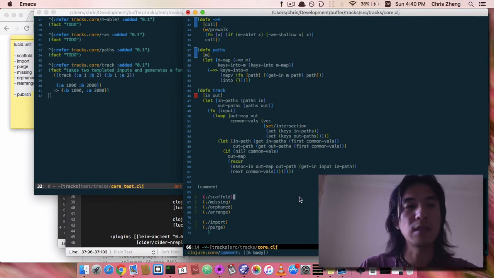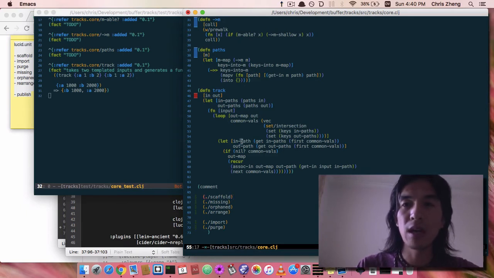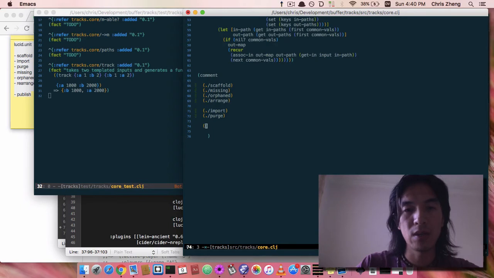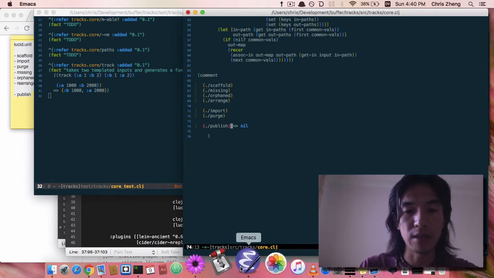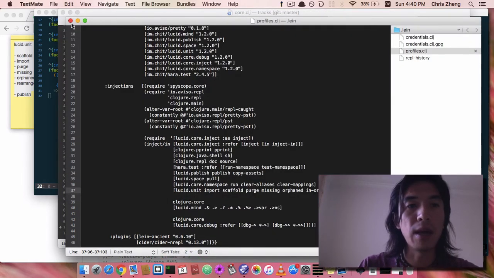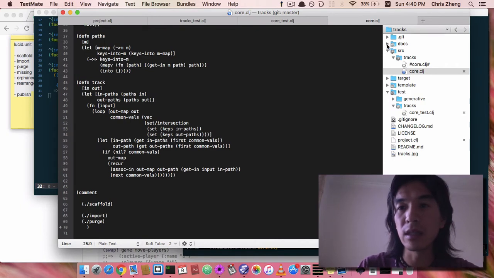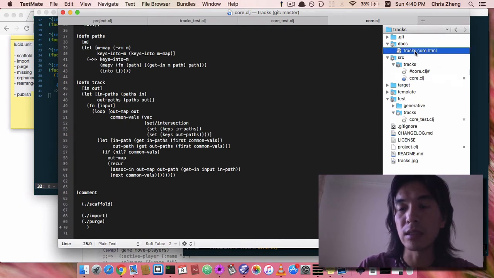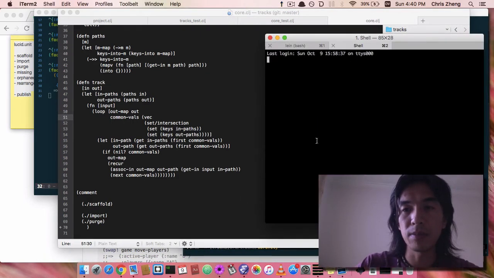So this is lucid.unit. Let me talk a little bit about lucid.publish. What I can do now is to just go publish. And you can see here that in tracks there's a new directory out and there's a new file here. And if I open it up,